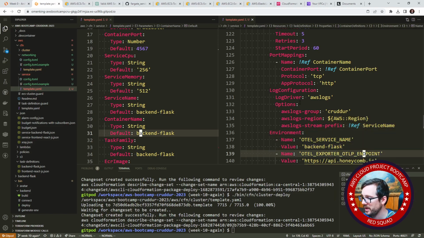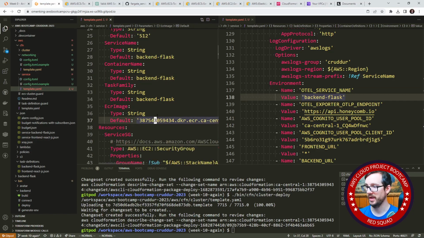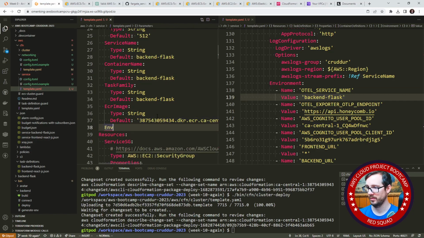Hotel service name, back in Flask. I'm just going to call it the same thing here, service name. These are all our env vars. So this is something where we can just lift these up, right? So we'll just say env hotel service name,